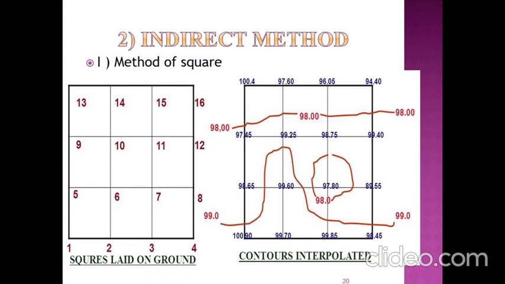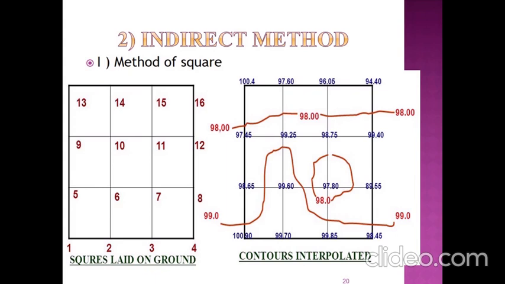In this method the points located and surveyed are not necessarily on the contour lines, but the spot levels are taken along a series of lines laid out over the area. The spot levels of several representative points representing hills, depressions, ridge and valley lines, and the changes in the slope all over the area to be contoured are also observed. Their positions are then plotted on the plan and contours drawn by interpolation. This method of contouring is known as contouring by spot levels. So this is the indirect method.